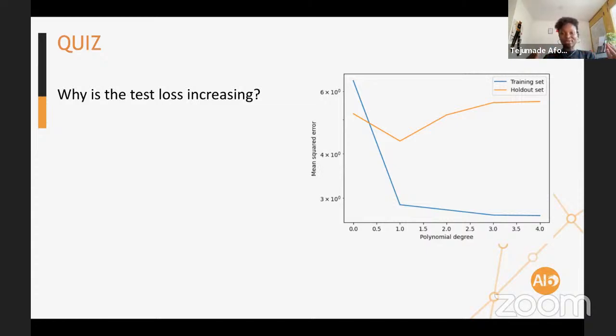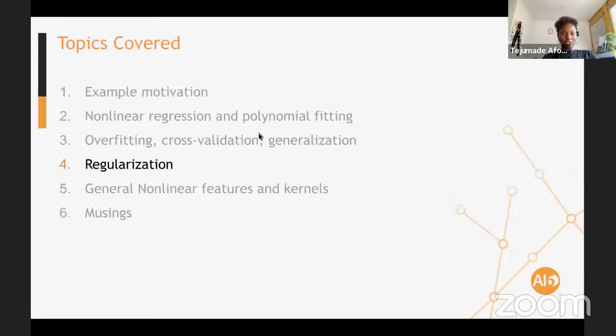But the hold-out error starts to increase because you have a complex model that does not generalize to new unseen data, which is the point we're trying to make. Someone said the variance is increasing because it doesn't perform well on newly tested data. Yes, this is correct. So how can we make it perform well on test data?